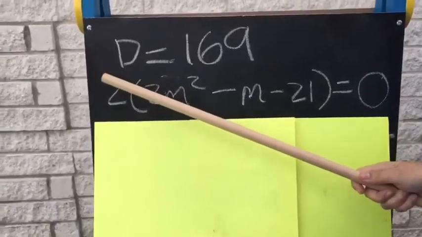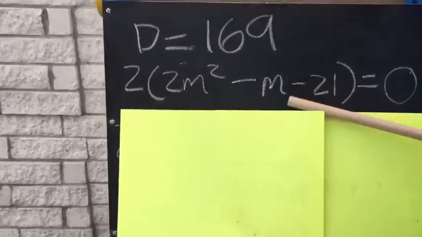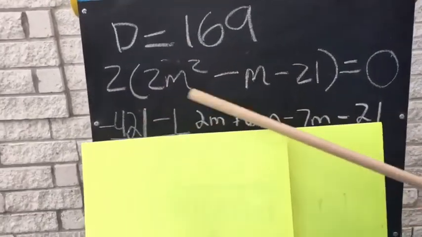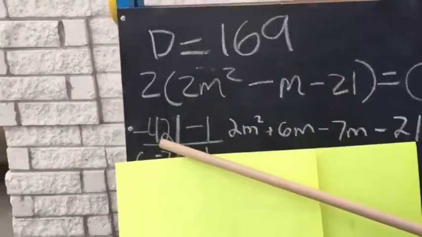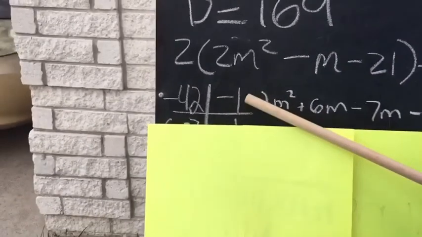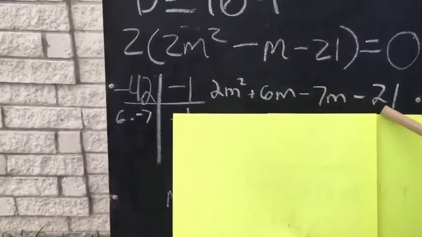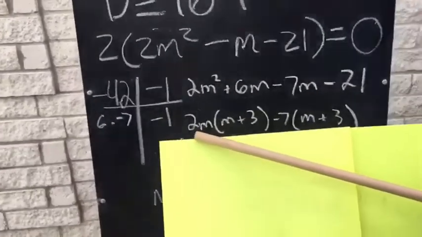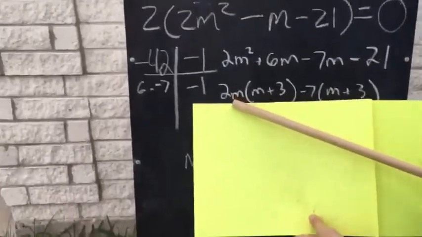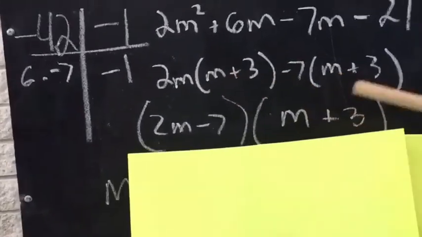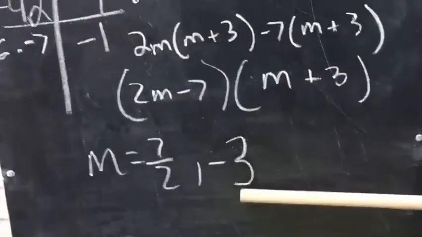After the discriminant of 169, we bring back the equation 2 times 2m squared minus m minus 21 equals 0, and so then we're going to multiply 2m squared times negative 21, which gives us negative 42, and it has to add up to give us negative 1. So 6 times negative 7 multiplies to give us negative 42 and adds up to give us negative 1. So it's 2m squared plus 6m minus 7m minus 21, and so then you take out the greatest common factor. So then you put 2m minus 7 together and m plus 3, and once you set them equal to 0, you're left with the solutions of 7 over 2 and negative